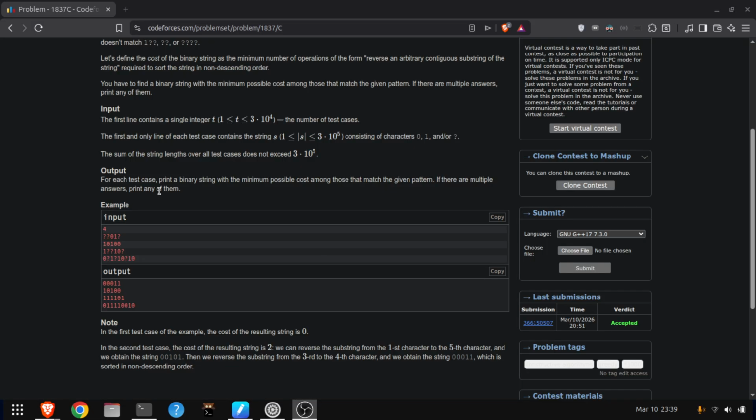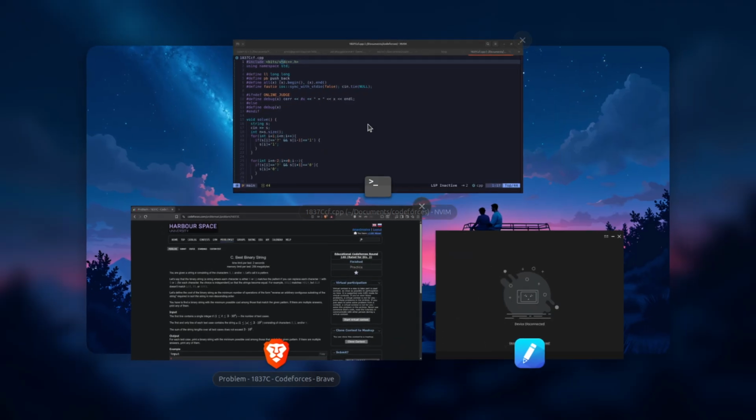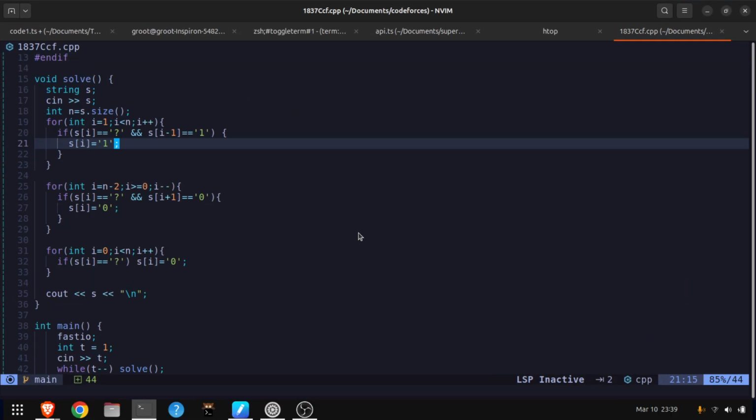Okay, so guys, here's the solution. Let's see what I am doing. First, the code is visible. In the first for loop, we are doing left to right propagation. Okay, so we are starting from left to right,